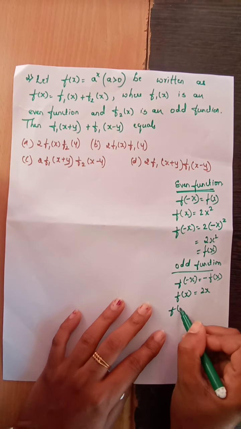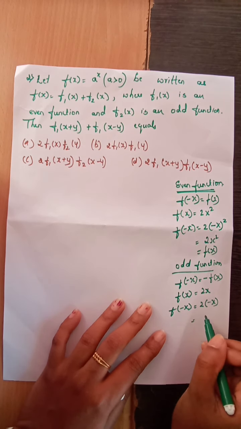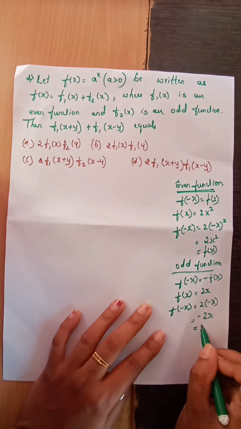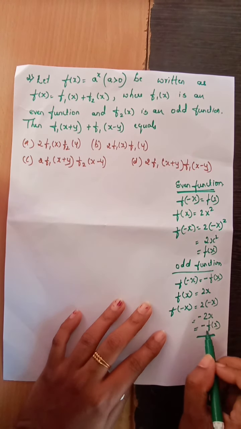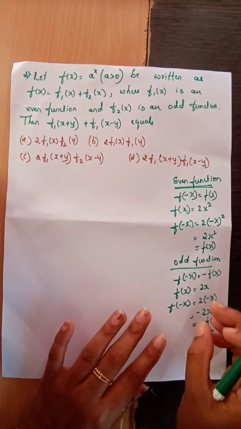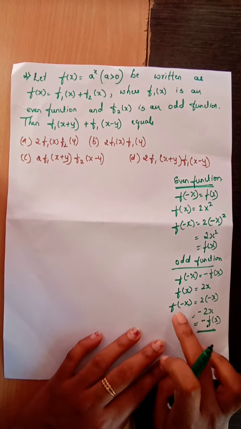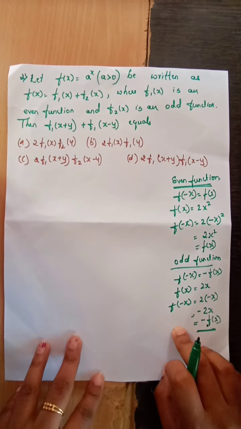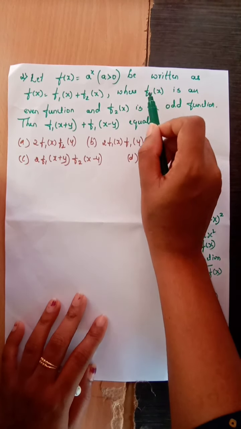Then what is f of minus x? It is equal to 2 into minus x. This minus I can take out. So minus 2 into x. But I know 2x is nothing but f of x. So it is minus of f of x. So you can see here f of minus x is minus of f of x. So if you put negative variables, f of minus x will be equal to minus f of x, then such functions are called odd functions. Okay, so I hope the definition is clear about even function and odd function.